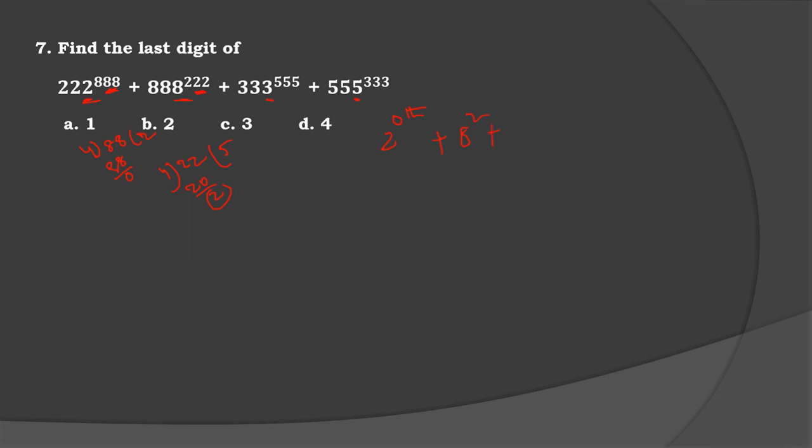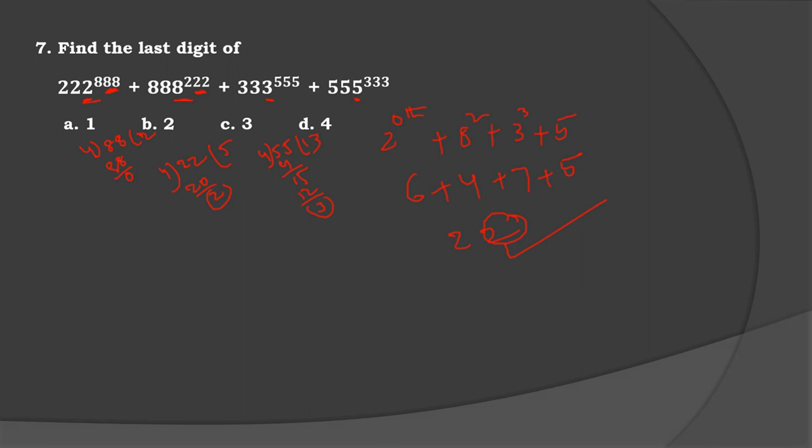Plus next one, 3 power here it is 55 divided by 4, 13 times 4 is 52, remainder equals 3. It is nothing but 3 power 3, plus 5 for anything, unit digit 5. So 2 power 0th position means 2 power 4, unit digit 6, plus 8 square 64, 4, plus 3 cube 27, 7, plus finally it is 5. Now 10, 17, 22, unit digit finally what? 2. Unit digit equals 2.